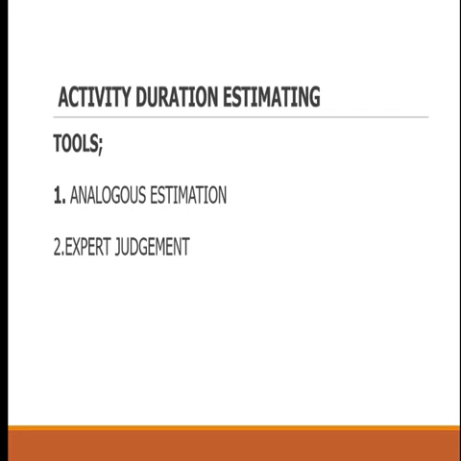Number 1, analogous estimation. The word analogous means analogy. Use the time of one former similar previous project to estimate the time of the present project. Do you understand that? Just analogy. Oh, it took us 50 minutes the last time we did this job, similarly, but now we can do it at 45 minutes because we have improved in experience. Good. Number 2, use expert judgment. An expert can help you in case you don't have this analogous estimation. Get somebody who has done it before, and they can give you leverage on their expertise.